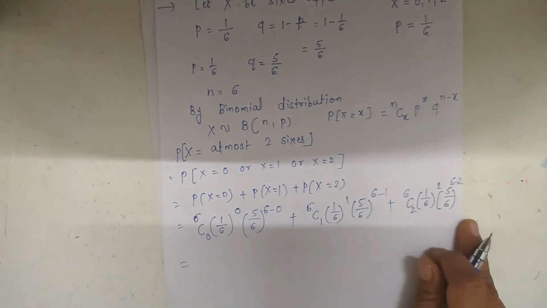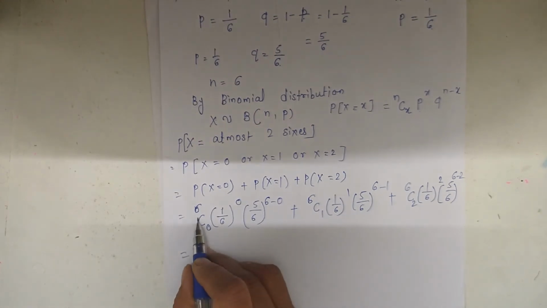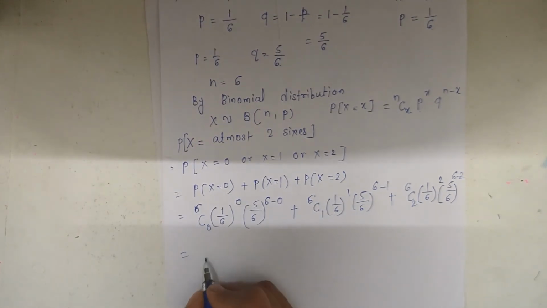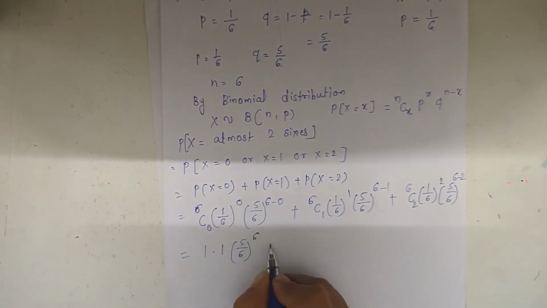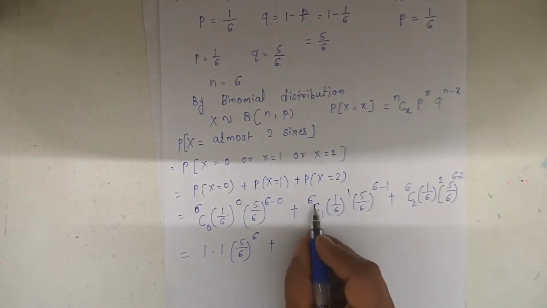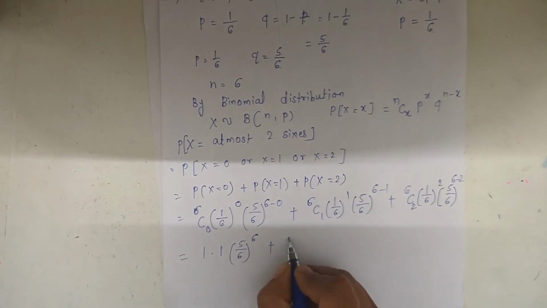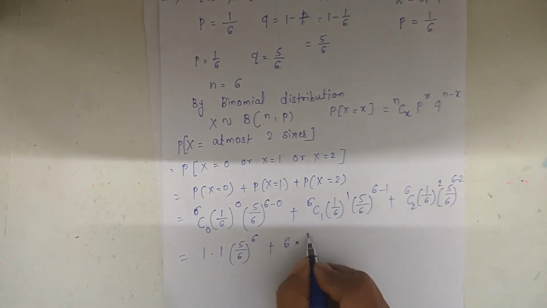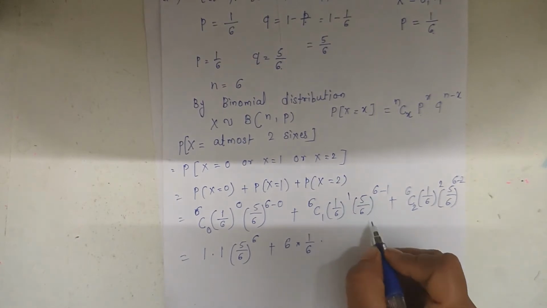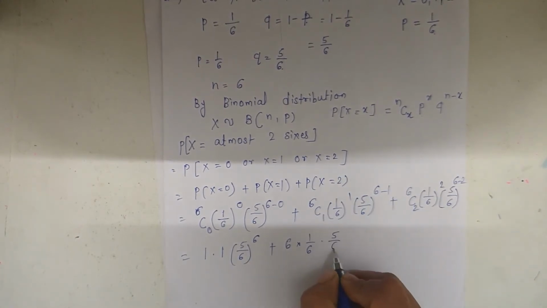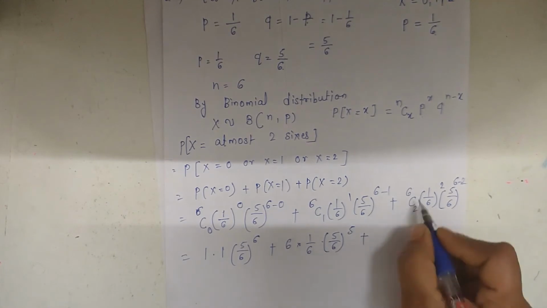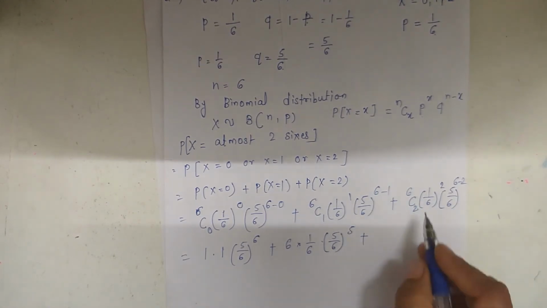Now by calculating all these terms, we get 6C0, the value of 6C0 is 1, 1 by 6 raised to 0 is 1, and 5 by 6 raised to 6 minus 0 means 5 by 6 raised to 6, plus 6C1, the value of 6C1 is 6, 1 by 6 raised to 1 is 1 by 6, and into 5 by 6 raised to 6 minus 1, that is 5 by 6 raised to 5, plus 6C2, the value of 6C2,